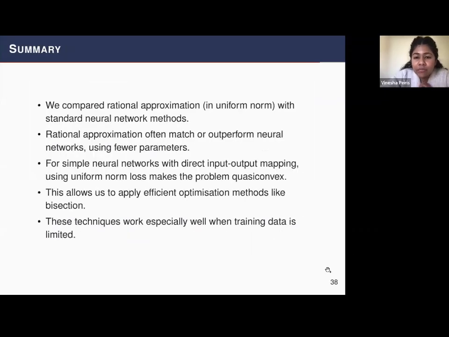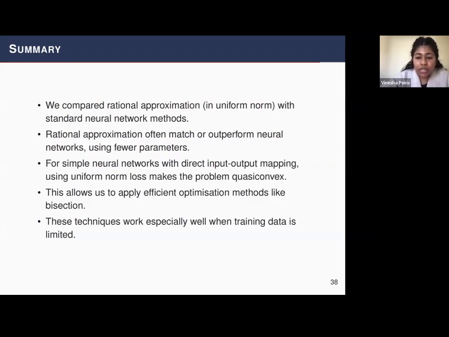Okay, now let me summarize everything. We looked at how we can compare rational approximations in uniform norm with standard neural network methods. Rational approximations often match or outperform neural networks, even if you have a smaller number of parameters. If you take a simple network, I wouldn't call it a neural network, where you go directly from inputs to outputs, and you change your loss function or error function to a uniform norm-based loss function, and then you carefully select your